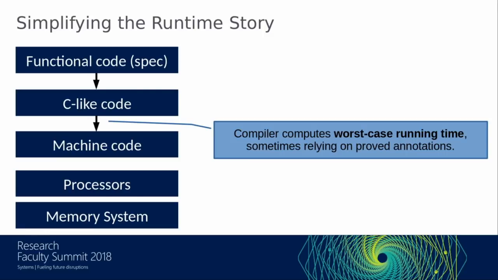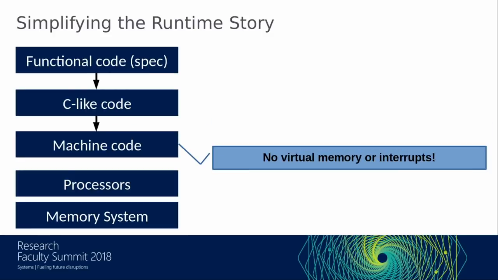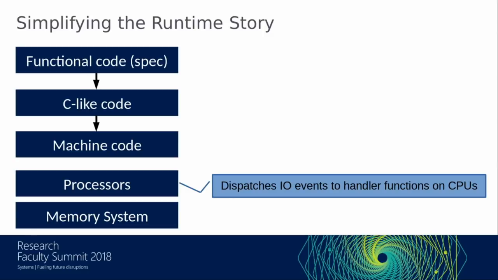This might depend on some annotations that the programmer needs to provide and maybe prove some things about. But then once we've done that, we can output machine code, which is prepared to run on machines in the microcontroller class that was one of the parts of the diagram the last talk showed, where we don't have virtual memory or other address space protection. We don't have interrupts. We just have a machine that knows how to run machine code functions when you ask it to. And so then what does the processor do?